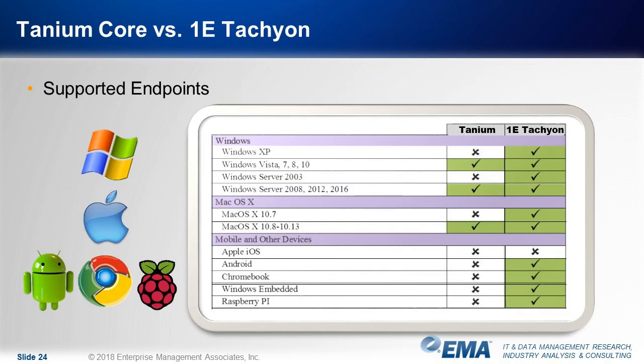An ideal EDR solution should really monitor and support all devices used in an organization. However, in recent years, end users have been granted much greater freedom in selecting the types of devices they wish to use to perform job tasks. As a result, we're now seeing a much greater heterogeneity of enterprise-supported devices than ever before. So the breadth of support an EDR solution provides for different types of endpoints can be extremely important in many